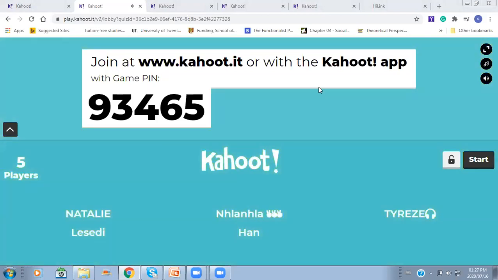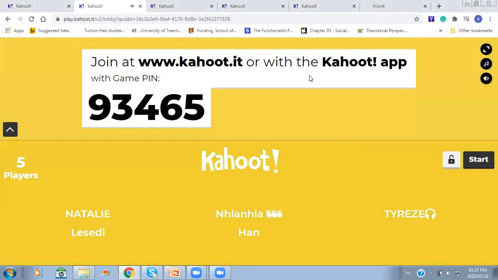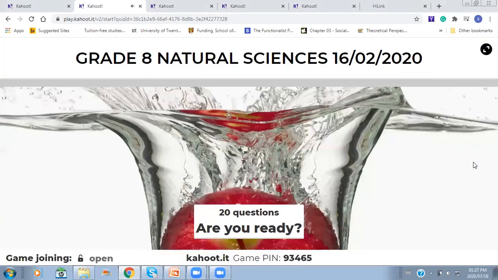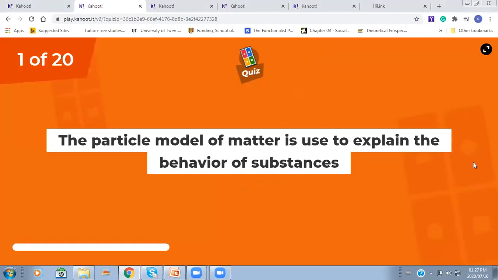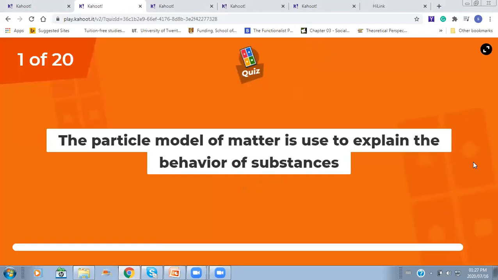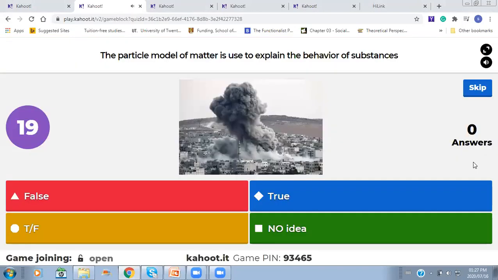All right. Are you guys ready for the game? Let's do it. I'm starting now. You are ready for the game. Let's do this. Let's do it. Are you ready? If you are ready, let's get kicking. So listen, the particle model of matter is used to explain the behavior of